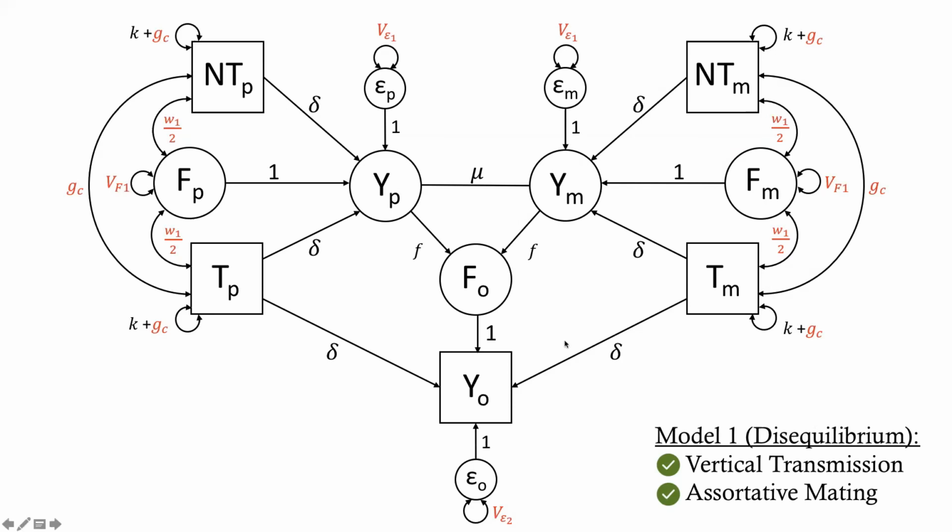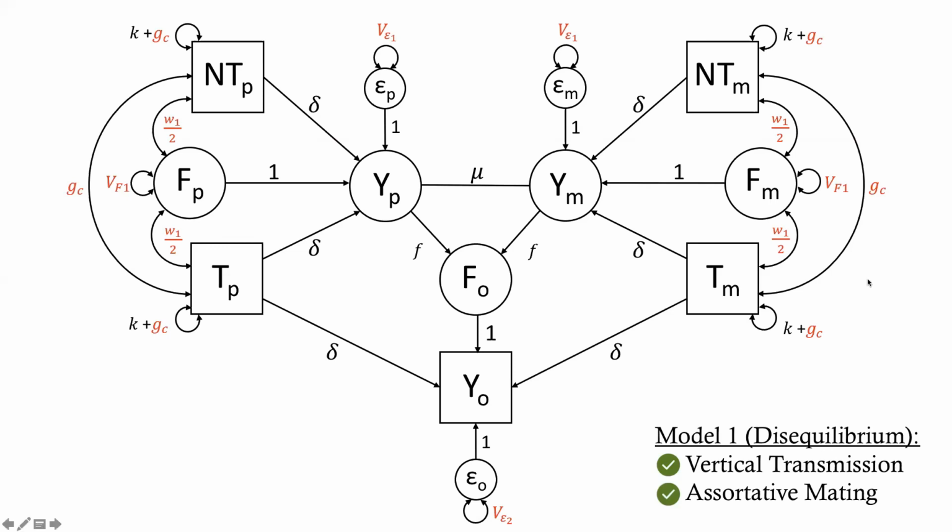So for example, we have these VEs for the parents, VE1, VE1. In the offspring, we'll use VE2. Similarly, we have VF1 for the mother and the father. In the offspring, that would be referred to as VF2. So we're just differentiating these different variables in the parental generation from what they're referred to in the offspring generation, which would allow us to account for the increase or decrease in phenotypic and genotypic variance over time caused by the disequilibrium assortment. So hopefully that makes sense. That's how we determine whether assortment is changing over time.